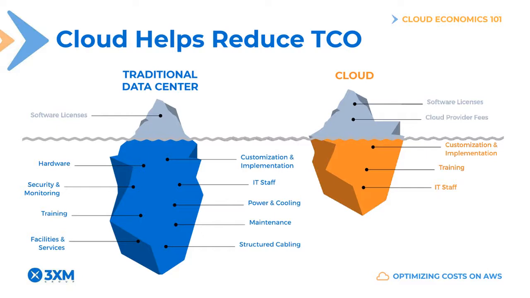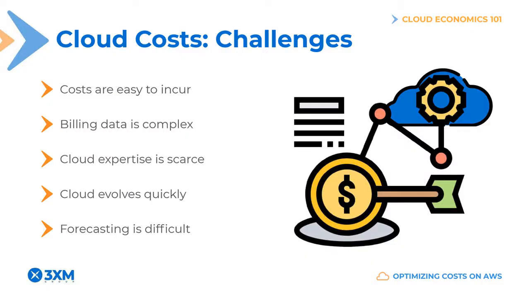So going back to the undifferentiated heavy lifting, the cloud takes away a big piece of it, right? So things like procuring physical servers, setting up racks, structured cabling. The cloud eliminates all that, plus overhead costs such as power, cooling, and security. Also rent on real estate costs, things like property taxes, shared services staff, building depreciation, and so on and so forth. So overall, it's easy to see how the cloud helps reduce total cost of ownership, or TCO.